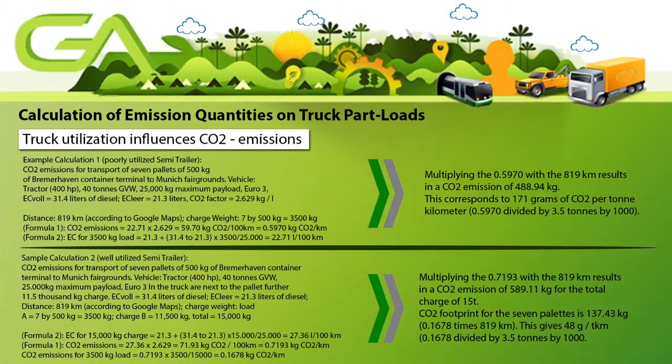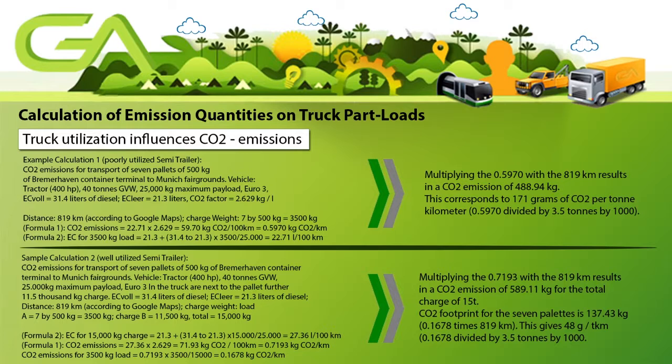In our first calculation example, we assume a bad utilization by setting the corresponding transport values as follows. We will carry 7 pallets of 500 kilograms from the Bremerhaven container terminal to the Munich Trade Fair Center. As a vehicle, we will use a 40-ton, 400 horsepower truck with a maximum payload of 25,000 kilograms of